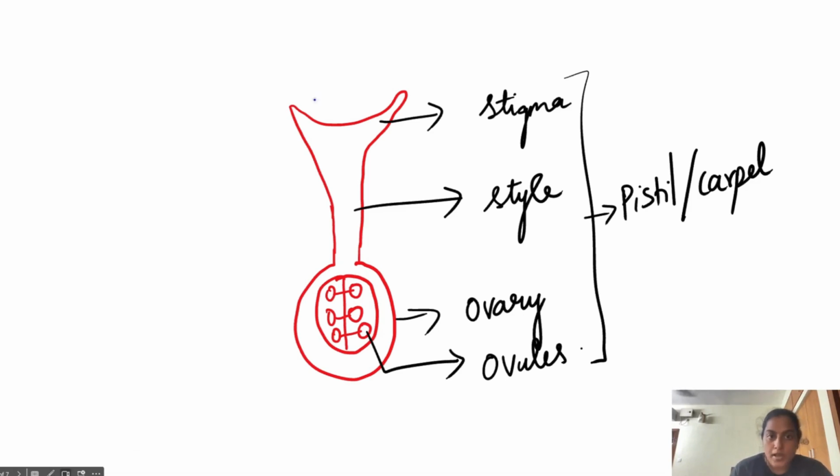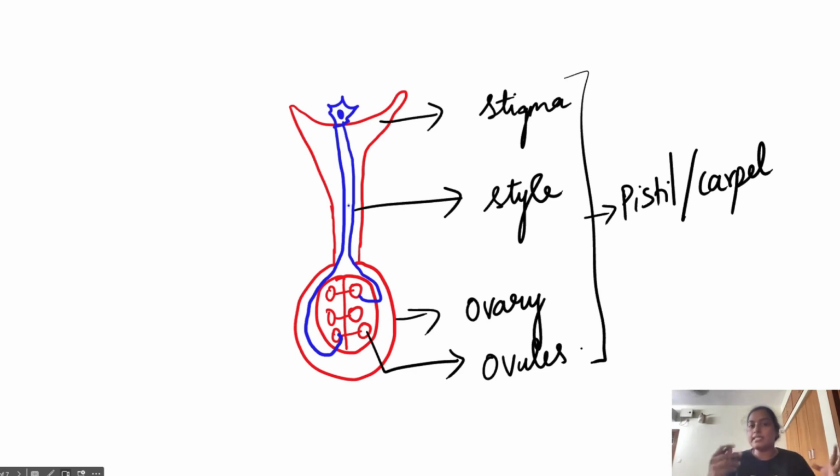This is very important. When the pollen grain comes and lands on the stigma, because of the chemicals released by the ovules, a pollen tube will start growing and attaches to the ovule. Like this, many pollen tubes will grow and attach to one ovule. That's the concept. But we are just taking one pollen tube for our understanding. I mean, for every pollen grain, one pollen tube. Don't confuse that. Not just one pollen grain will come and land, right? Many pollen grains will land. So that will develop a pollen tube and attach to different ovules respectively.